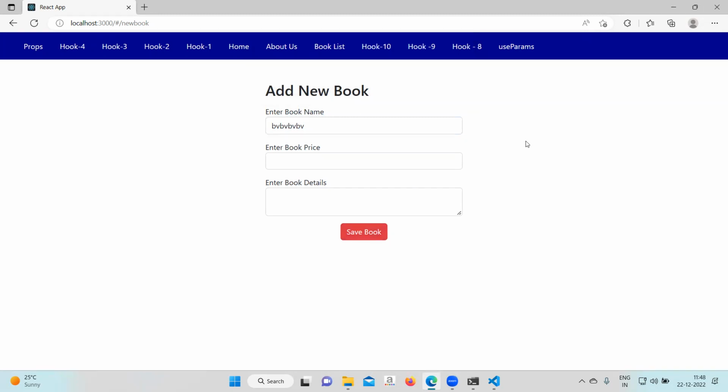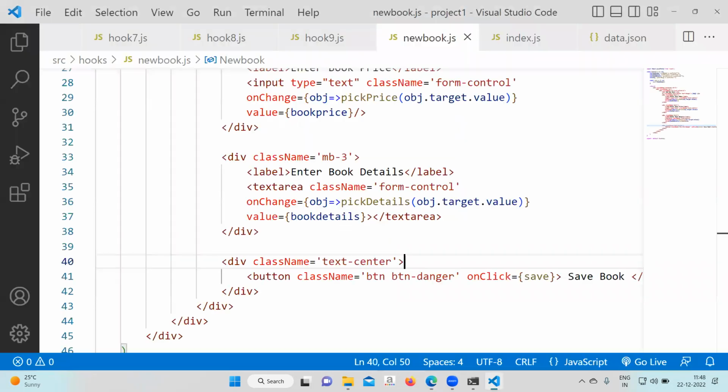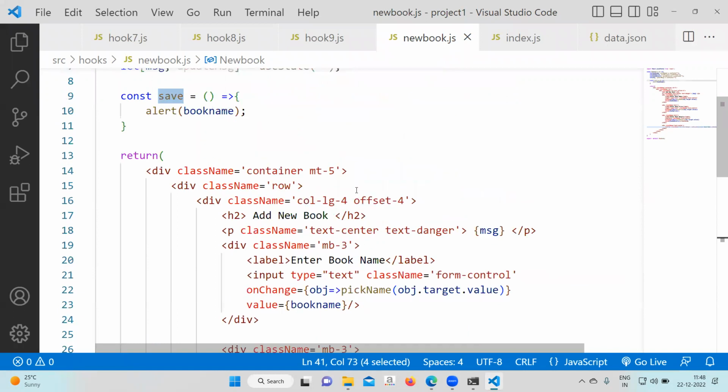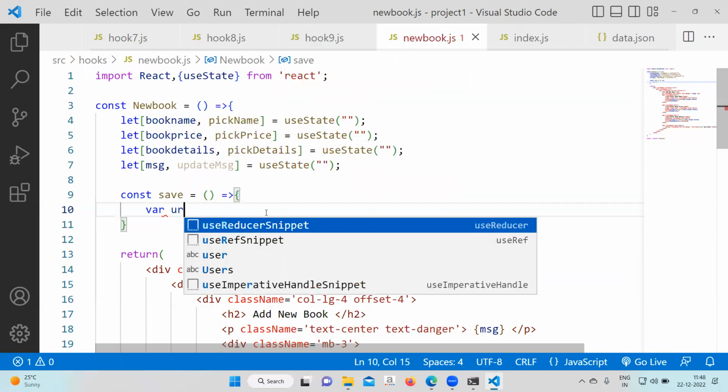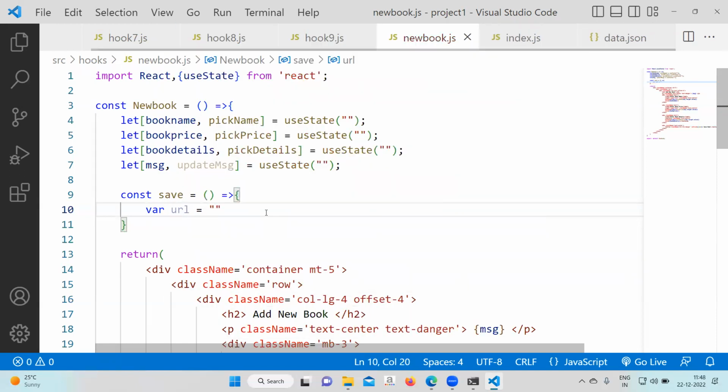Now the next target is whatever data you enter here should go there only. Where? To the JSON server. So for that, a few lines we have to write. Button click save is happening, you are able to pick the value. That part is ready. Now come to the save function. Under the save function, the location where you want to send the data, you need to store in a variable as URL equal to